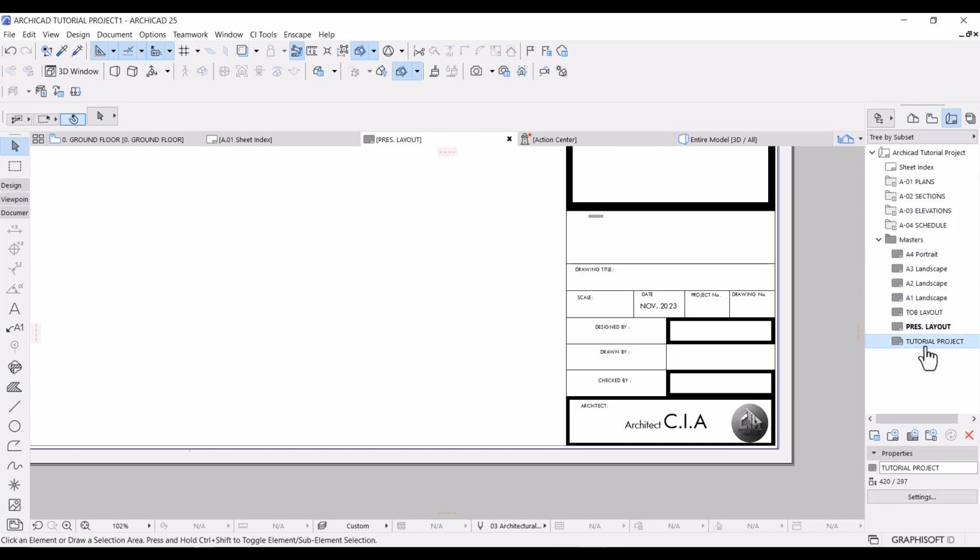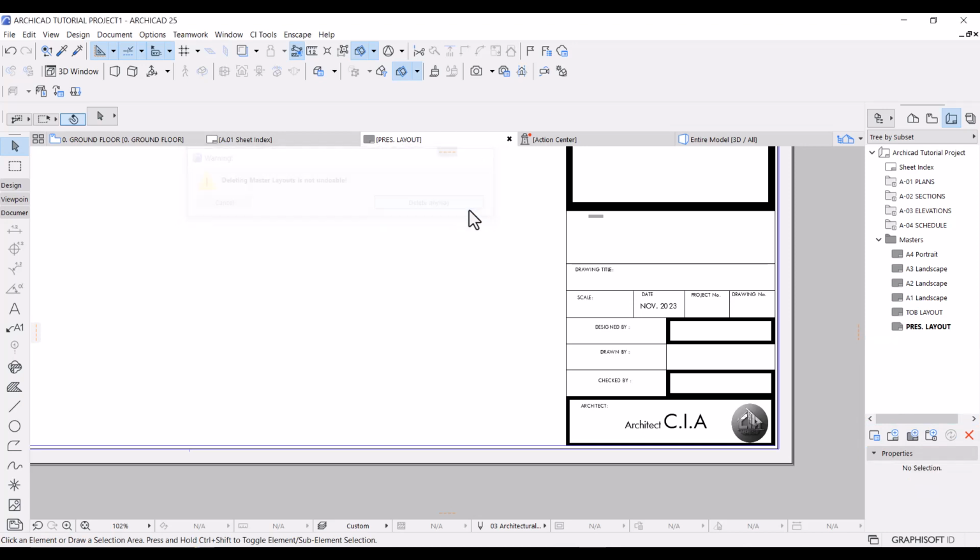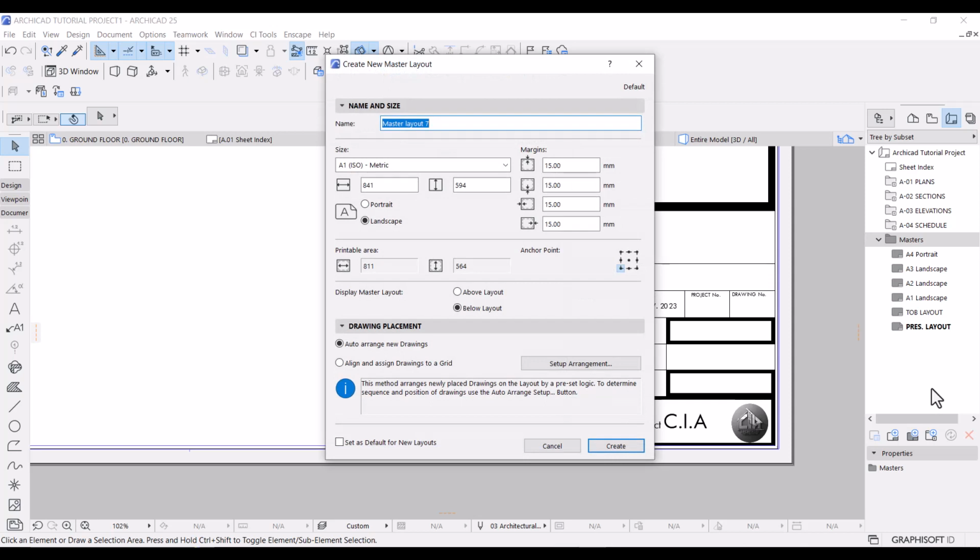So let me also just delete this master layout, so that I can show you how to create a layout. So to create a layout, either we come here and create a master layout, or we just right click and create a master layout, and it will ask us what name we want to use. Let's name this tutorial layout. Okay,